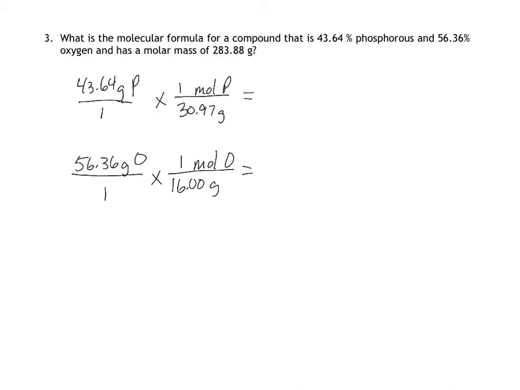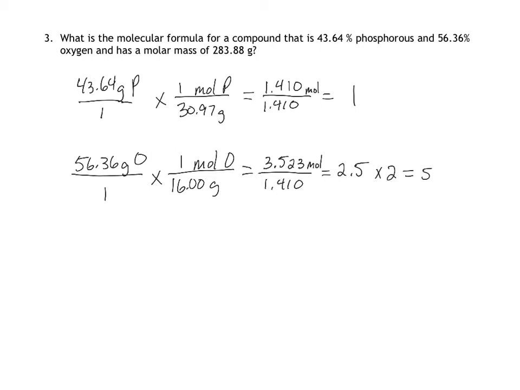Going to go ahead and pause this and calculate it out. So there's my calculations, and now I'm going to divide by the smallest. And this works out to be about 2.5, which means it's not close enough. I can't just round that up to 3. I've got to multiply this by something so that I get a whole number. Well, if I multiply this by 2, that gives me 5. And if I've multiplied that one by 2, I need to multiply this one by 2, so 2. So my ratio is going to be P2O5